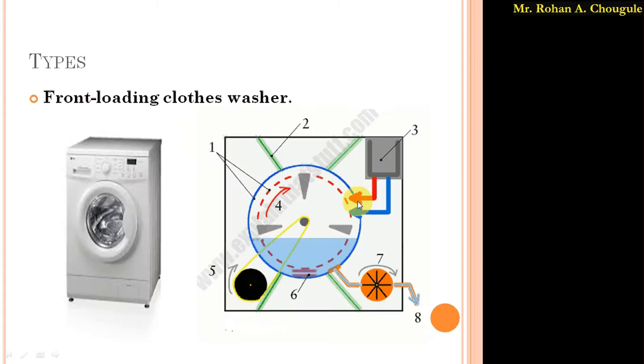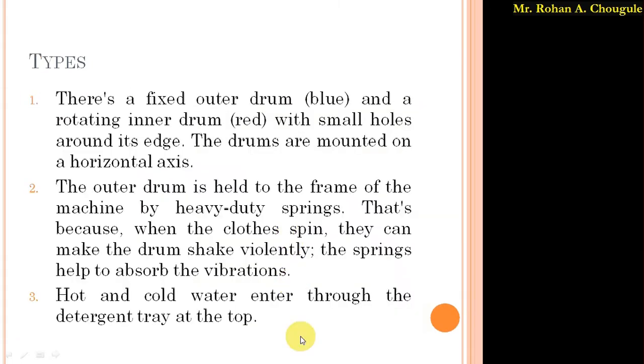So again, to end here, they have shown the detergent tray in which we have to put the detergent. In this picture also, the detergent tray is there. In that detergent tray we have to add detergent or a liquid which is used to help clean the cloths, and through that detergent tray we get the hot and cold water, so that the detergent gets inside this inner drum. So through that tray the hot and cold water comes inside that washing machine.